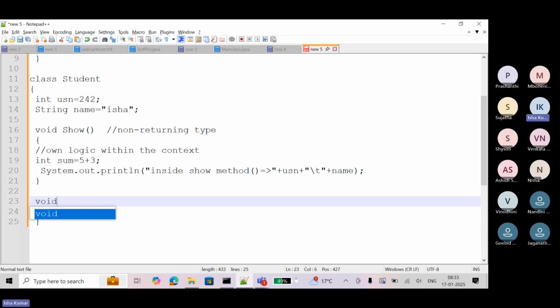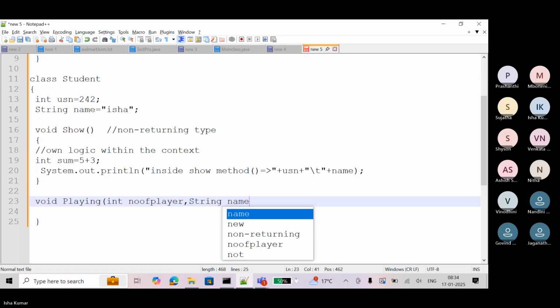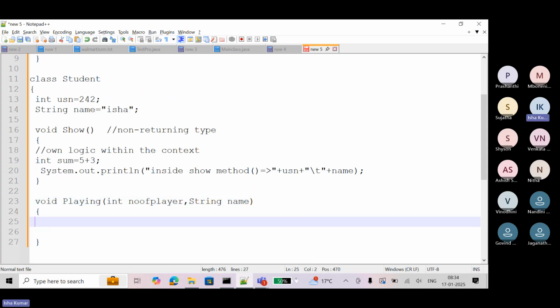So, void, let's say the student is playing, with int number of player and String name. Right? So here this is a non-returning argumented method.